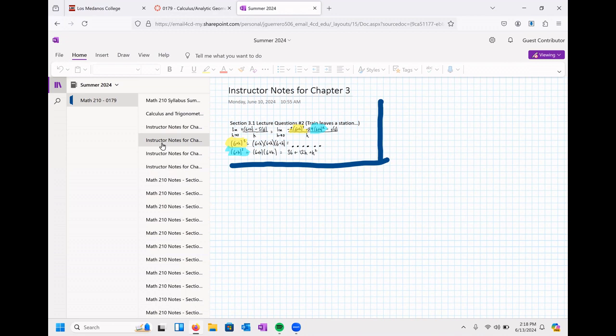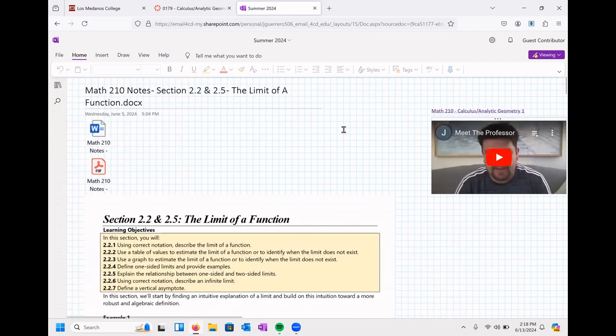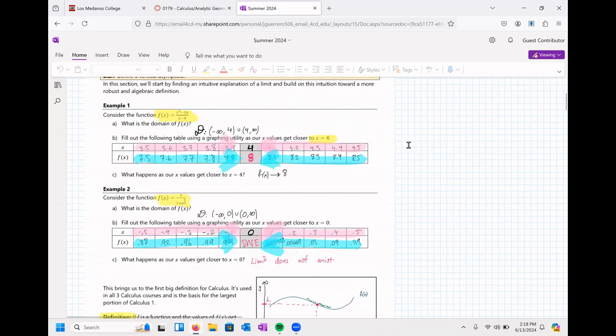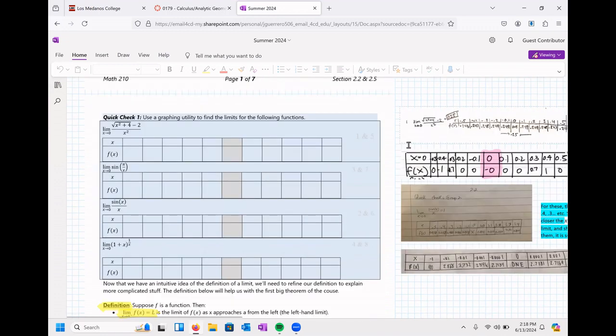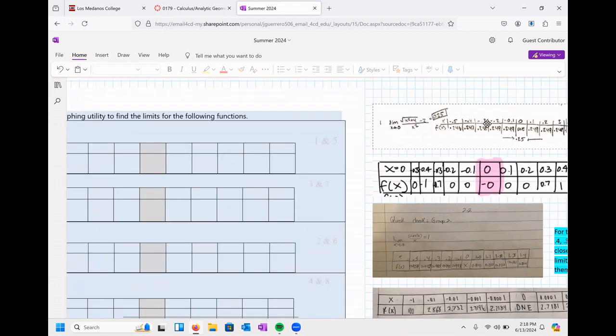Okay. So that takes care of the instructor notes and the trig resources. The third thing that I really wanted to touch on is the quick checks. If you remember in the videos and in the lecture notes, I filled out everything except for the quick checks. And the quick checks I did yesterday. Looking at everybody's group discussions, I took a small collection of responses from all of you, and I put those in as our notes. So for example, this one right here, and hopefully you know that you can zoom in